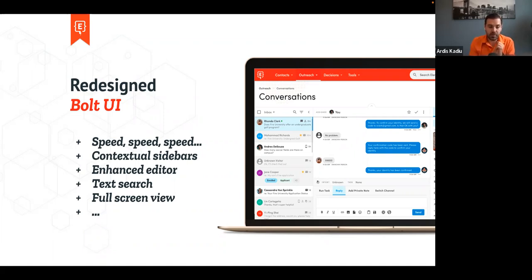It's a lot faster and makes things much more accessible and contextualized, so you can see things a little bit differently from the profile, from conversations, from campaigns, and so on and so forth. So Bolt Conversations is the first one that is being redesigned with the Bolt UI interface. We changed the menu, but that's just a very first entry into that.